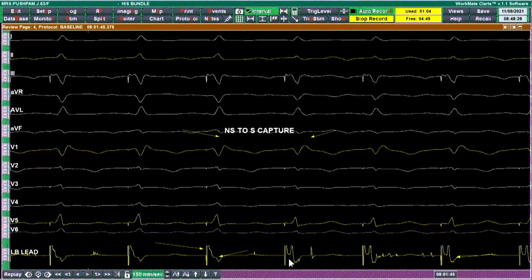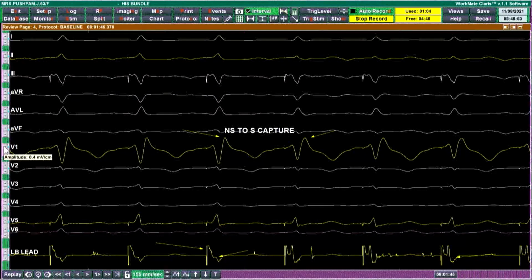So there is a distinct isoelectric interval. That is the time required for the impulse to travel down via the left bundle, via the Purkinje fibers, to reach the ventricular myocardium. Then it activates. So obviously, you will be able to see some QRS morphology changes. The most common morphology change will be a change in QR pattern to M pattern. There will be an RSR pattern in lead V1. Just increase the amplitude of lead V1.